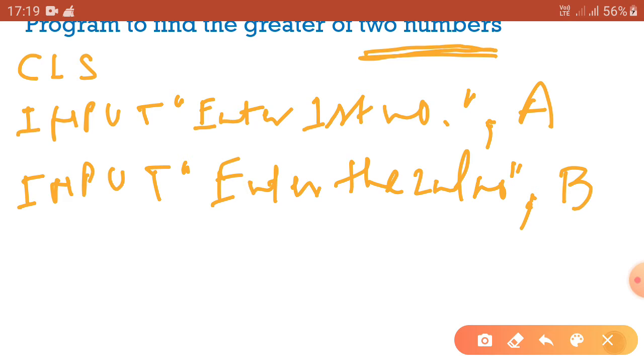Okay, now we are checking if A greater than B, this is the condition.